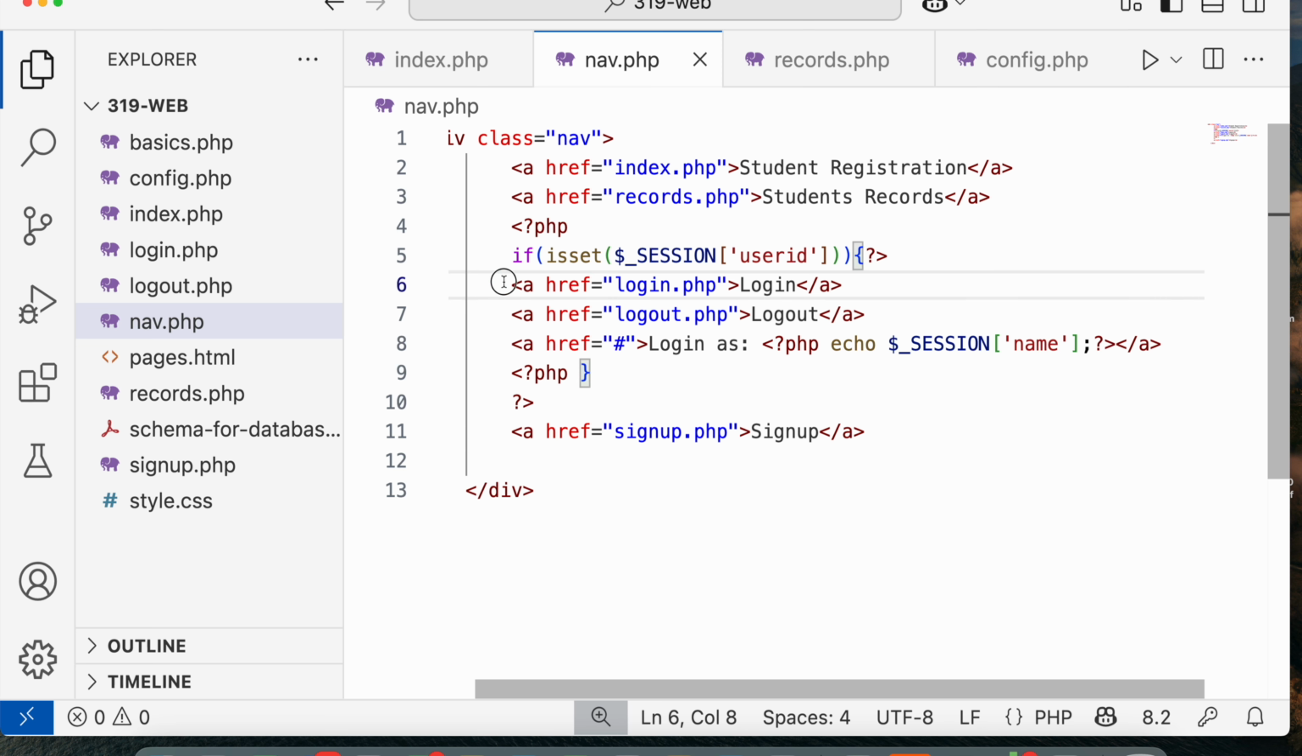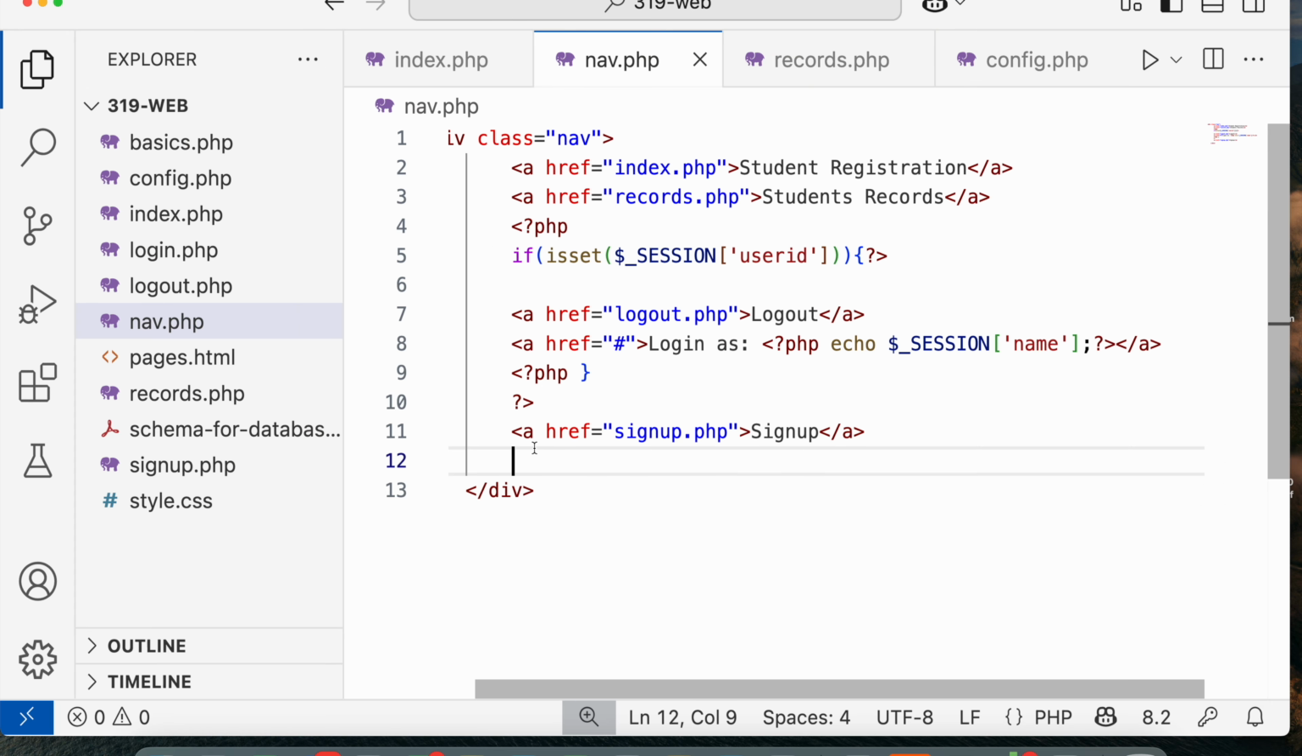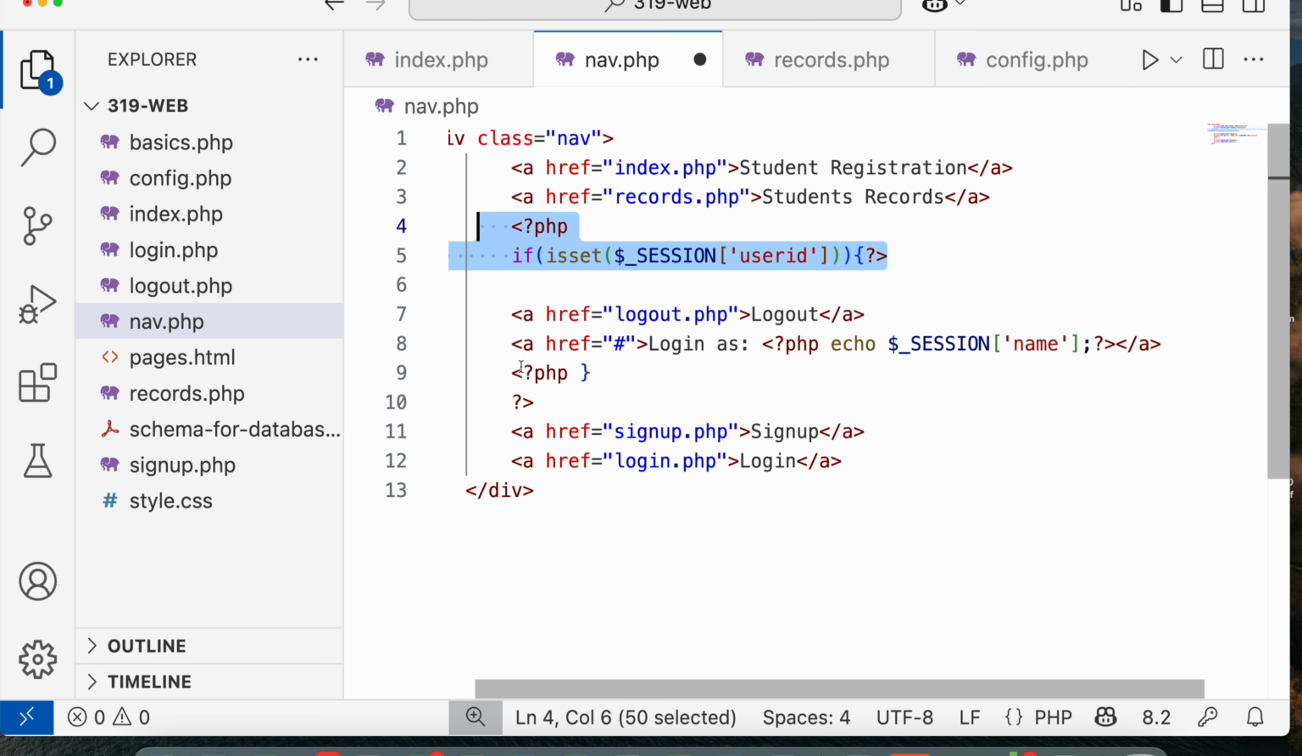No, I think we need a different condition here. Because when there is a session, then it's showing. We need the opposite: if there is not a session, then you need to show. That will be outside, and those two will be inside. And if that is outside, then the condition will be different for this one,